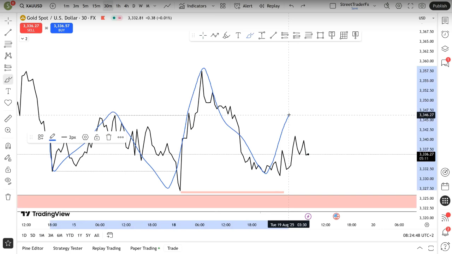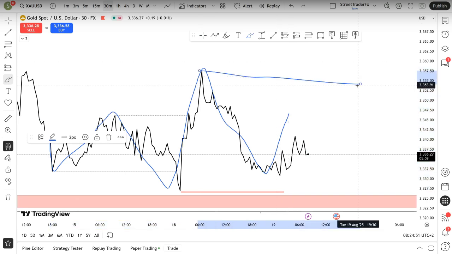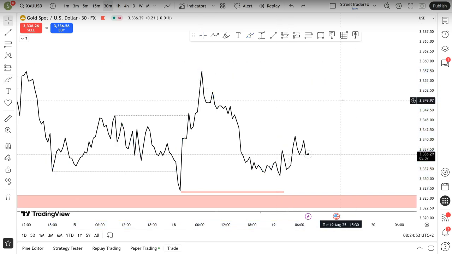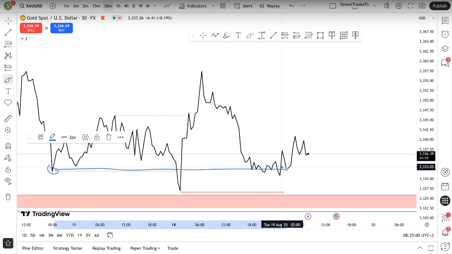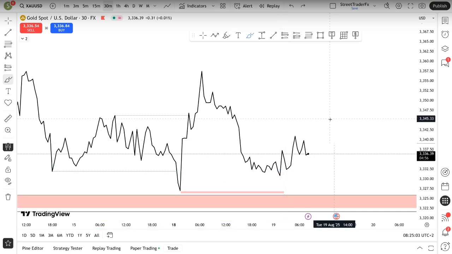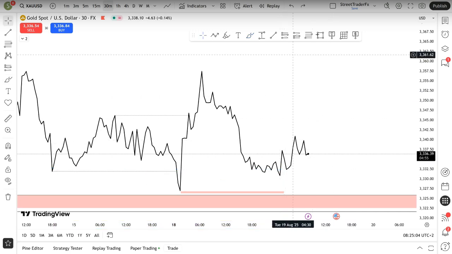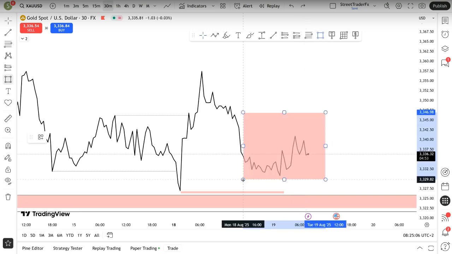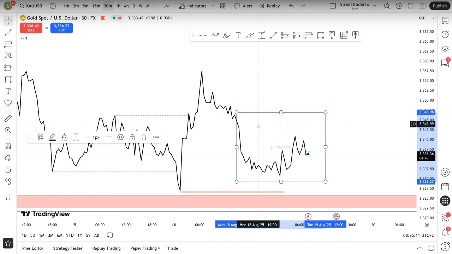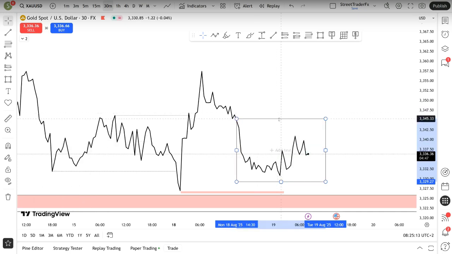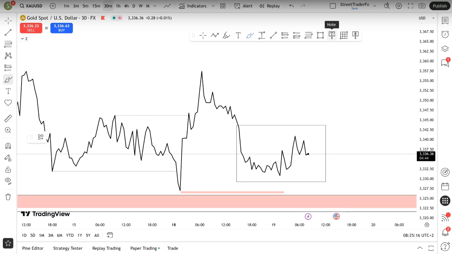Then we have to target this area. So if we are aware that we have a QM right here, meaning that the left shoulder is ideally where the entry usually is when you're using a QM, then our focus has to be here so that we understand what's happening in order for us to be able to get an entry. Right, we can clearly see that around this left shoulder,